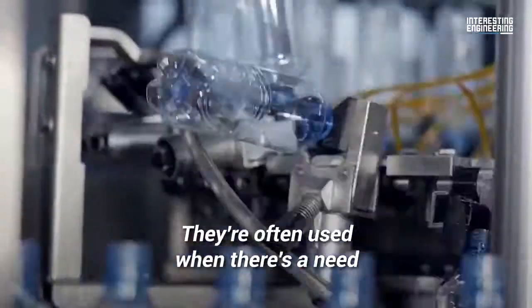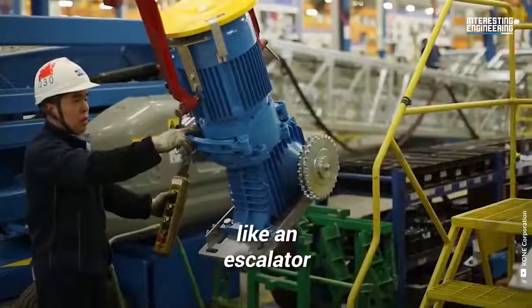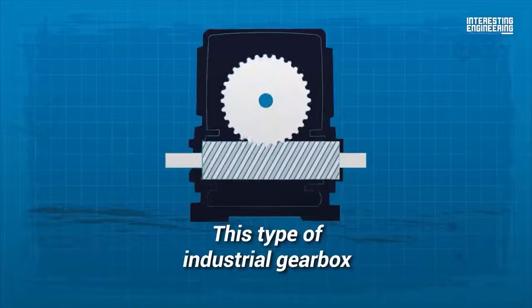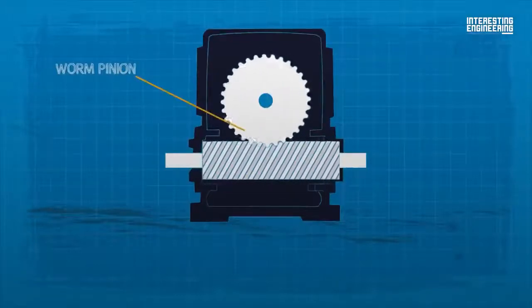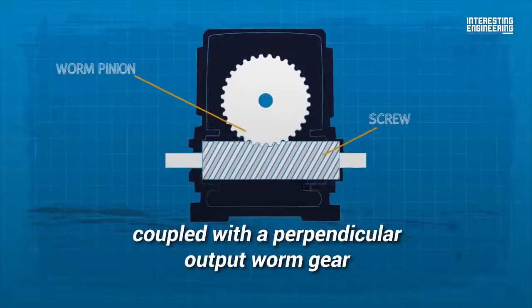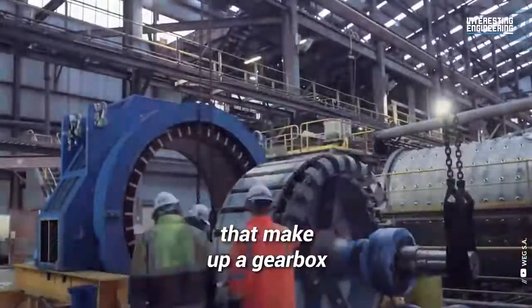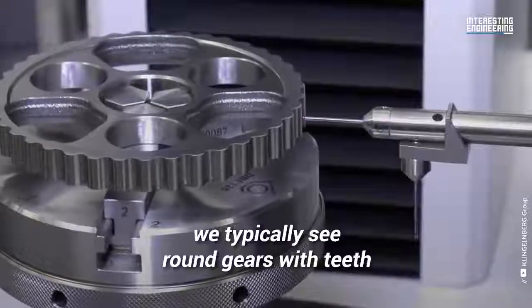They're often used when there's a need for increased speed reduction in a small space, like an escalator. This type of industrial gearbox has a worm pinion, a screw that inputs power to the assembly, coupled with a perpendicular output worm gear. When it comes to the gears that make up a gearbox, we typically see round gears